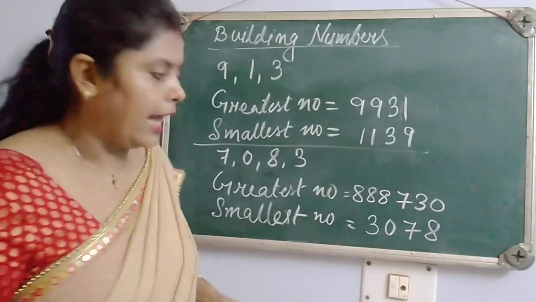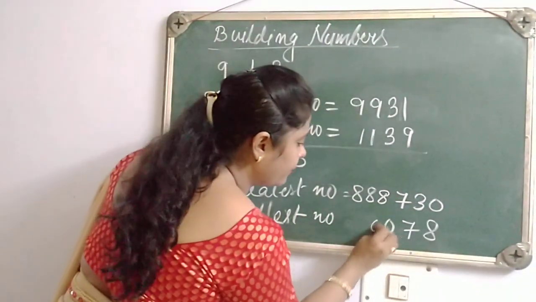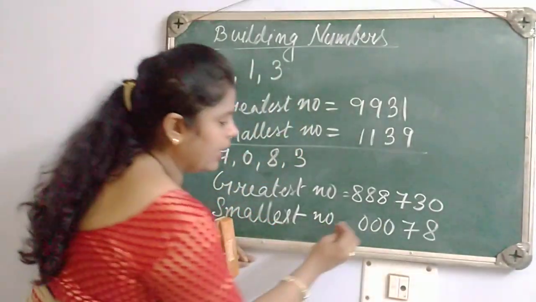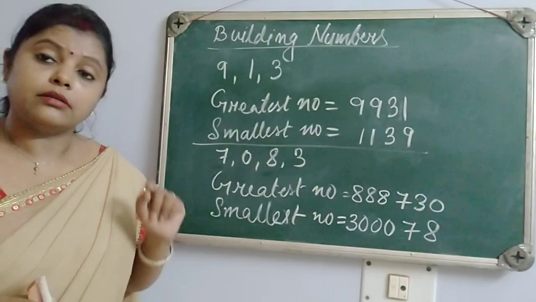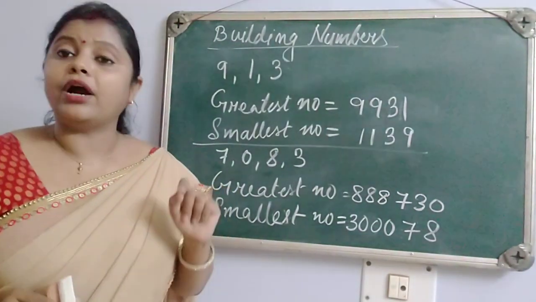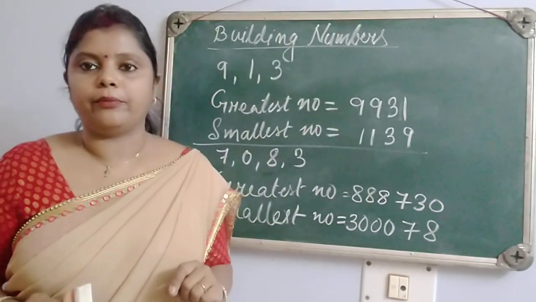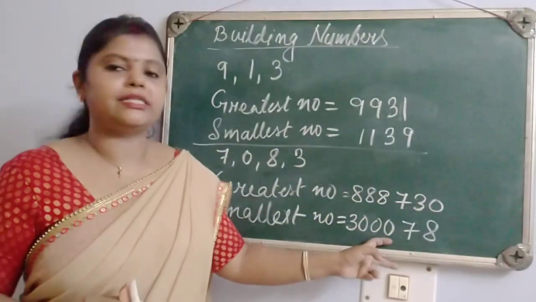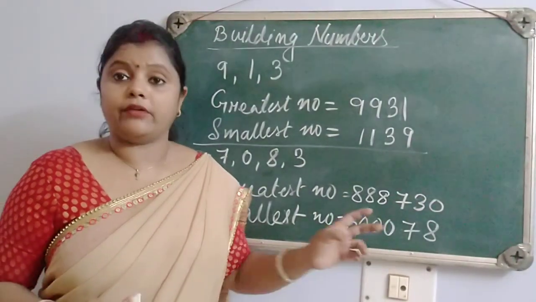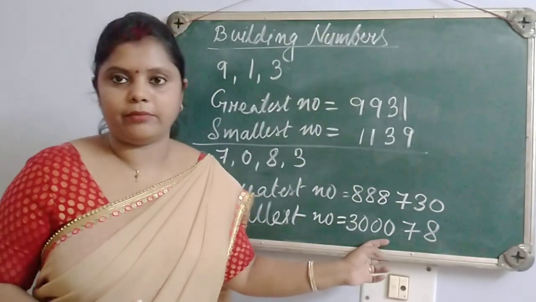So this time, what will happen, I am going to show you. 0 will be repeated at the same place and 3 will be written in the beginning. So you just clear this concept of where you have to repeat. Wherever the digit exists, there only you have to repeat. If the digit is in the beginning, we will repeat it in the beginning. If the digit is at the second place, we will repeat it at the second place only.